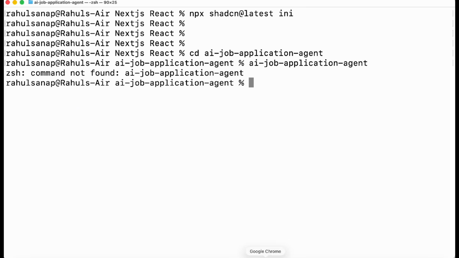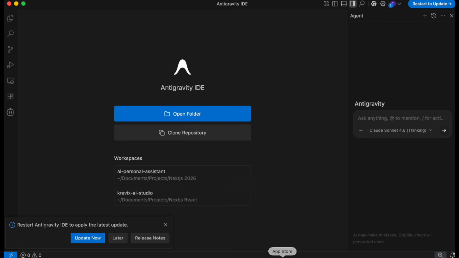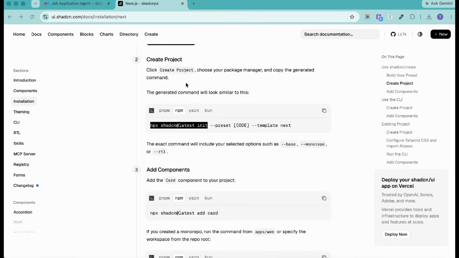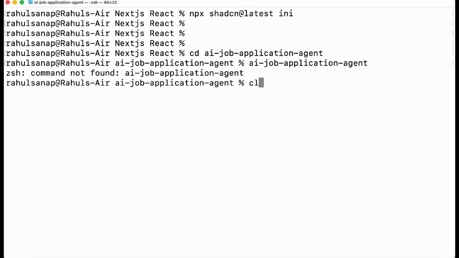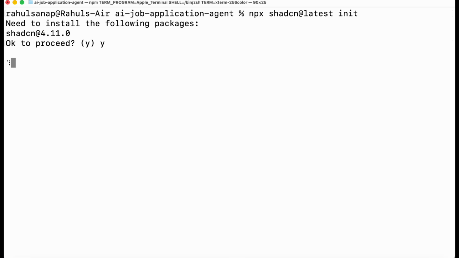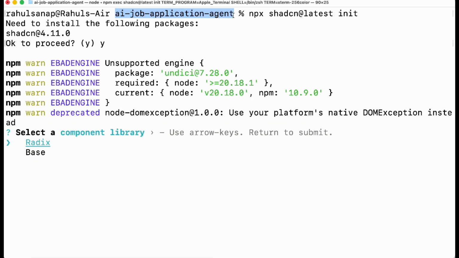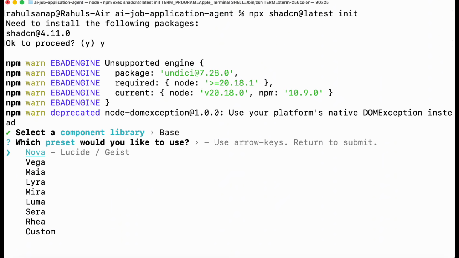Let me copy that again. The shadcn initialize command. So that it will initialize shadcn. Here you will say yes to proceed. Okay, and make sure you are inside the project folder. That is very important. Here you will select the base component library,